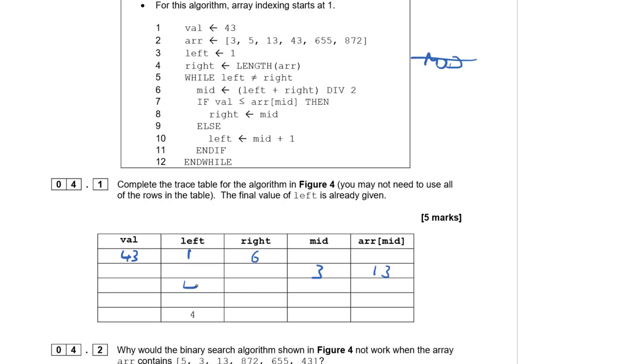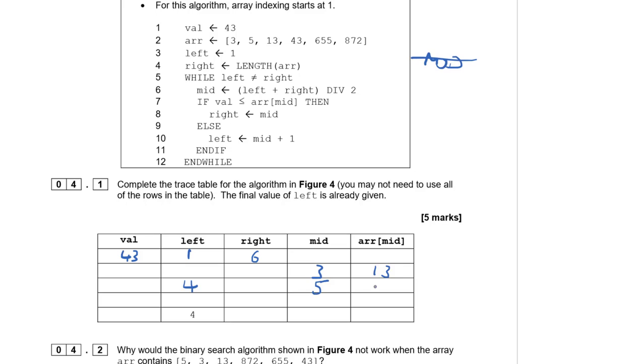3 plus 1 is 4, and this is finished executing, so we can go back to the start of the while. Does left still not equal right? Yep, they're still different. 4 is different to 6, so we evaluate this again. So mid is going to be 4 plus 6, 10 div 2, so 2 goes into 10 5 times and no remainder. And then using 5 as the index for the array, so 1, 2, 3, 4, 5 is